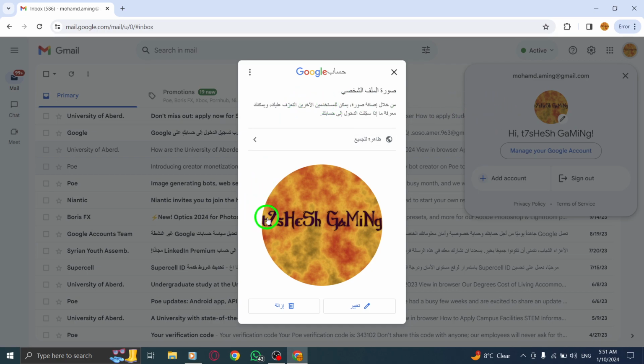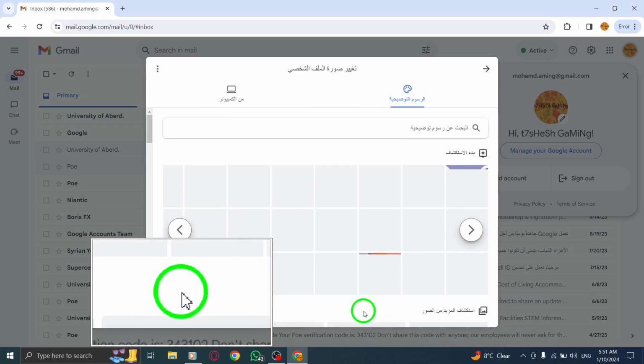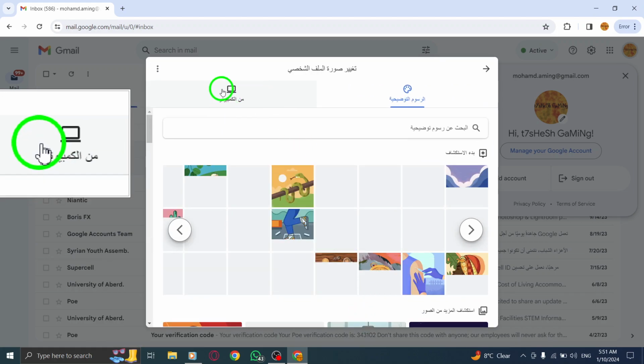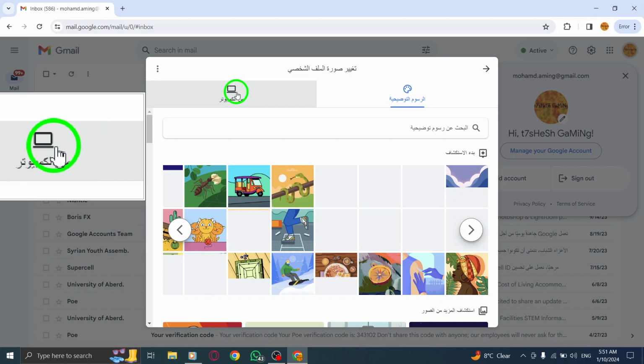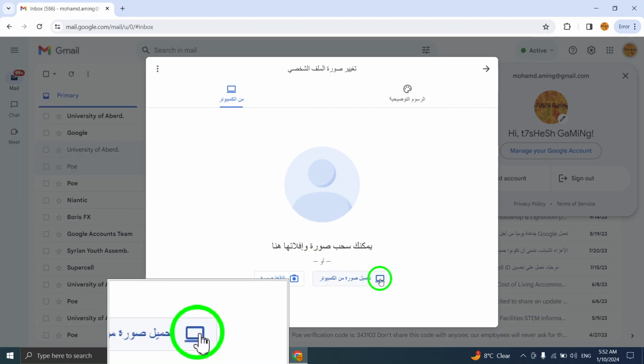Step 5. On the top menu, click on From Computer. This will allow you to select an image from your computer's files. Step 6. Finally, click on Upload from Computer to select the desired profile picture from your computer and upload it